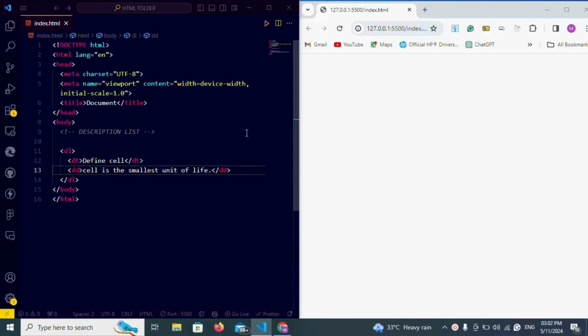Alright, so let's reload our page and see what comes up. So you can see this is how the description list works. So you bring out the description term and define that term. So the next one we'll be looking at